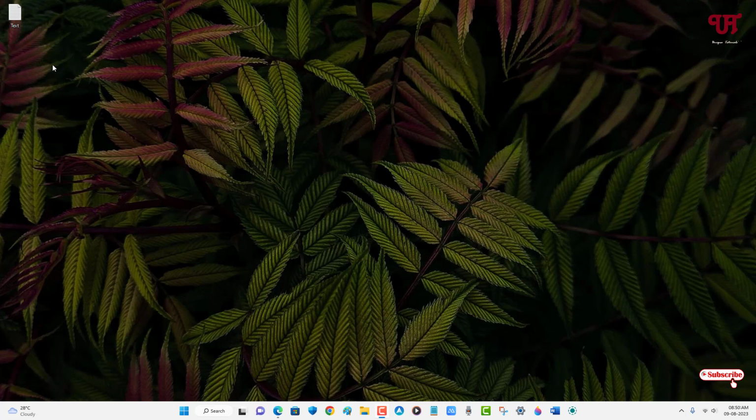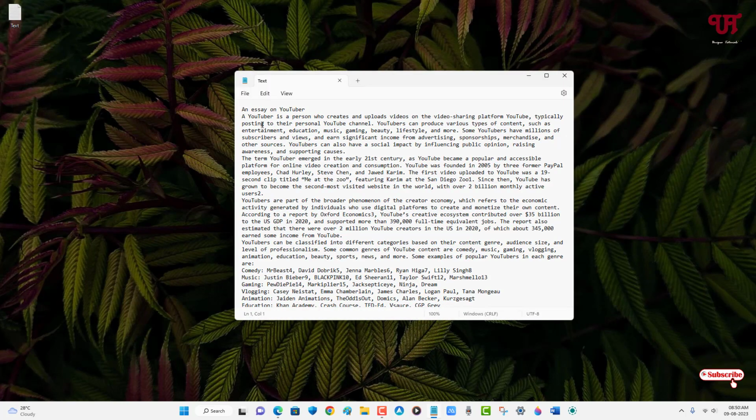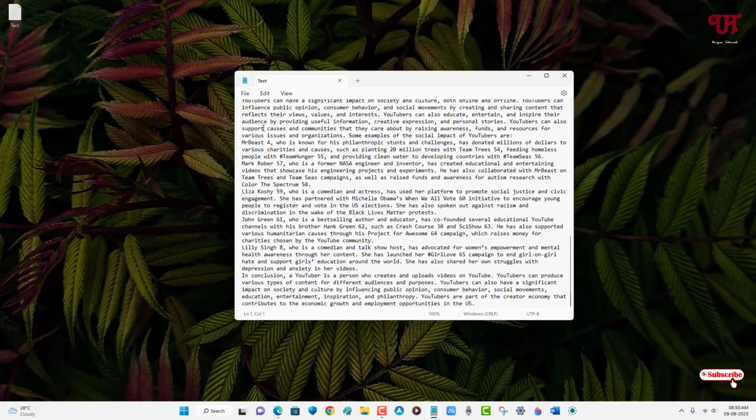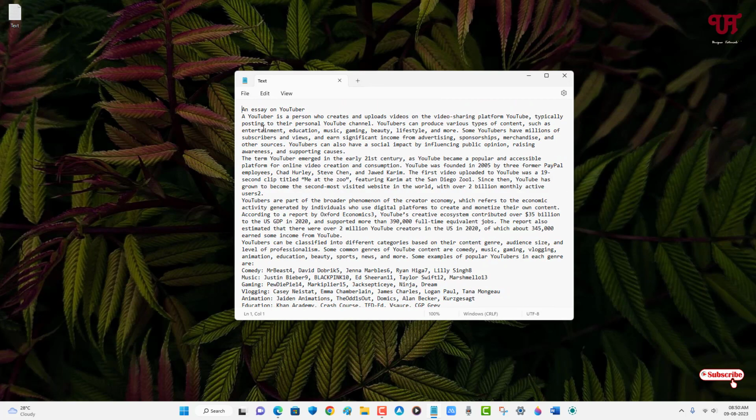So firstly, let me show you. Say here I have one text document file, so let me open it. So here are some sentences. In order to find out if this text file has any AI generated words or sentences, for this